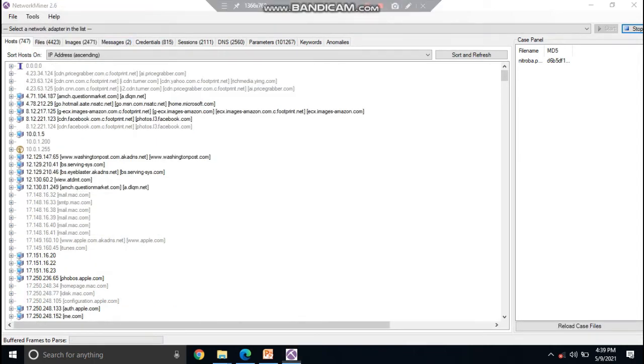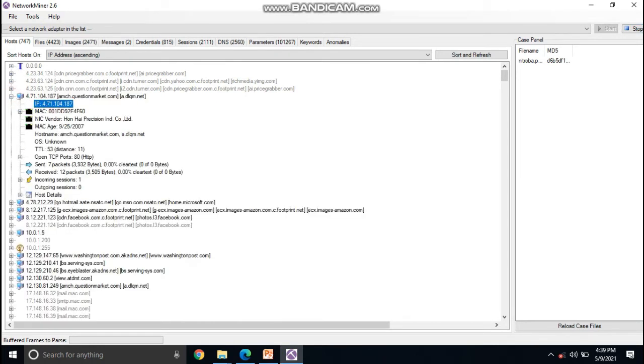So we can analyze the files that have been captured here. These are the hosts. This is the IP address, the MAC address and the NIC vendor.